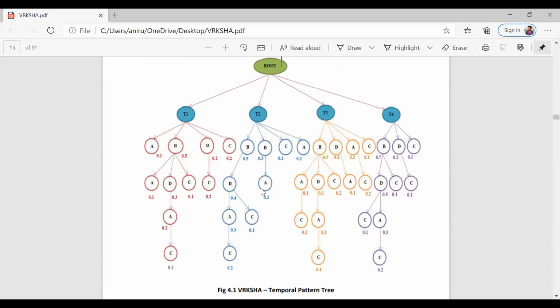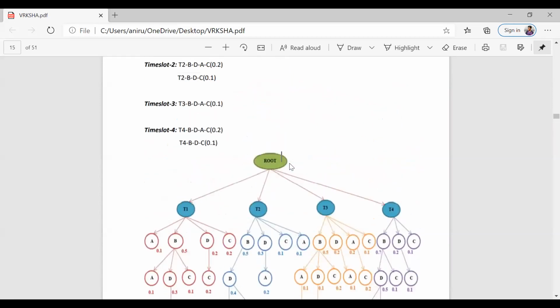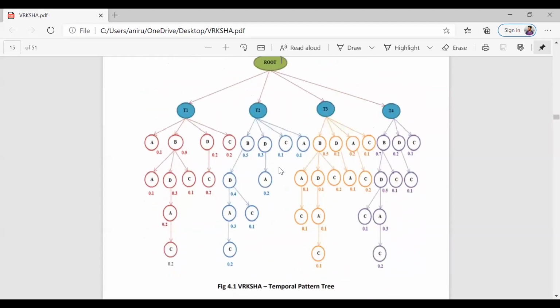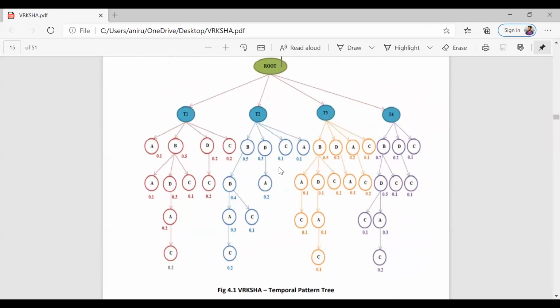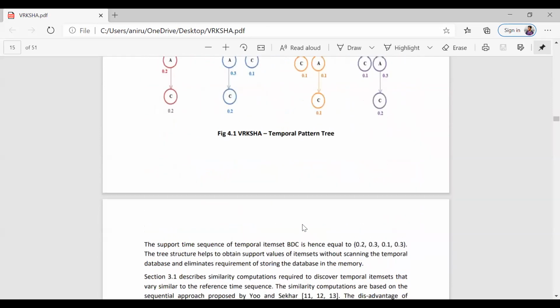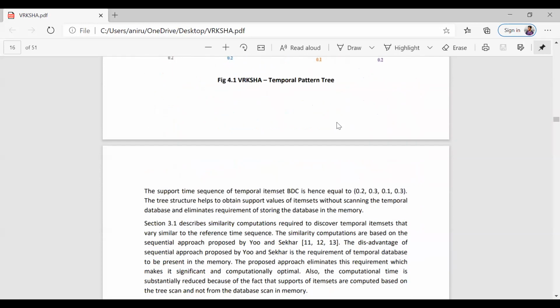This is better than the initial analysis because we don't have to go through every possible combination, which is 2 power n minus 1. So this is a tree-based temporal approach. We have gone through till this part, and we are going to continue analyzing it. We are implementing it parallelly by analyzing it and then implementing.